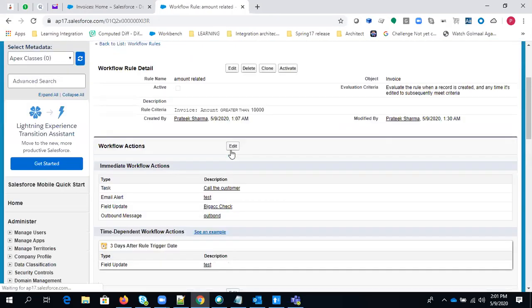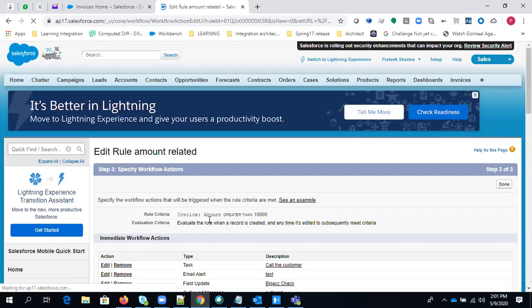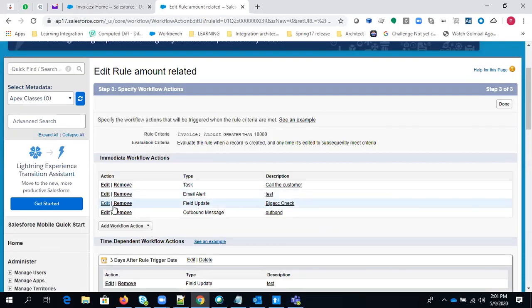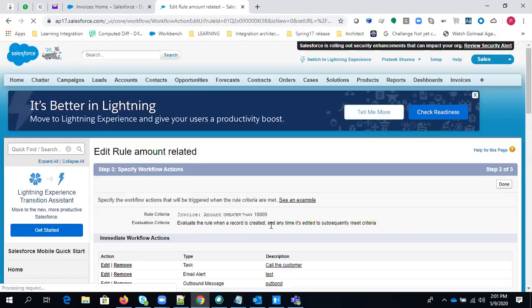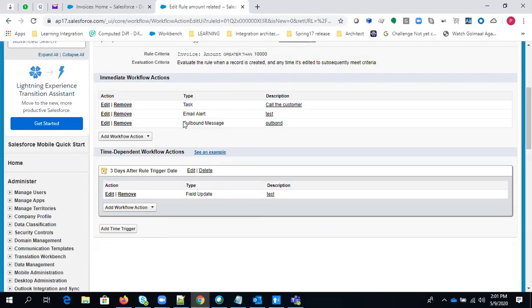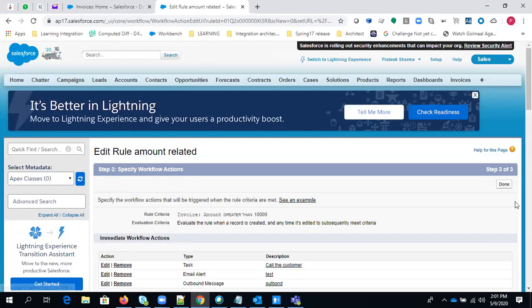We can do one more thing, right? We can remove that field update from here. So we have removed it, and we just want to update the field after the 3 days of rule trigger date, right? So now just activate this workflow again to run.